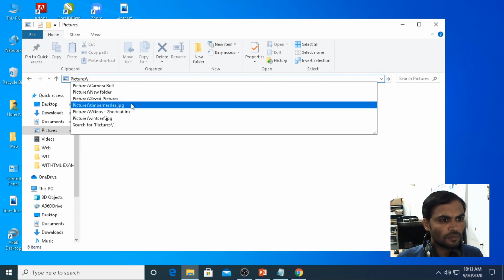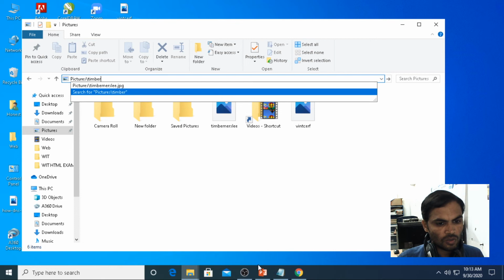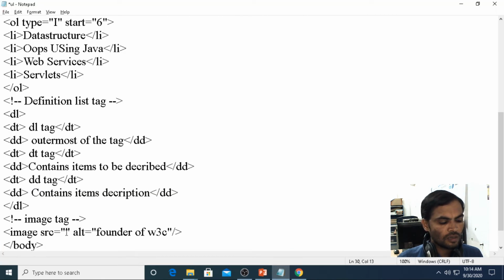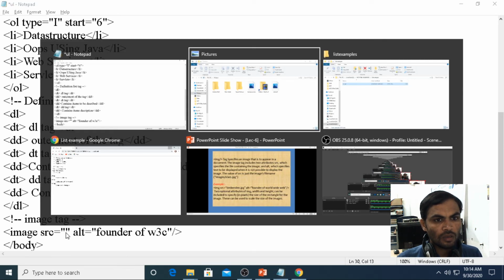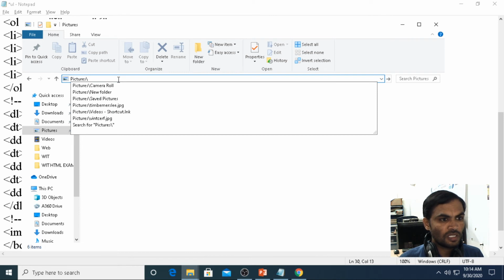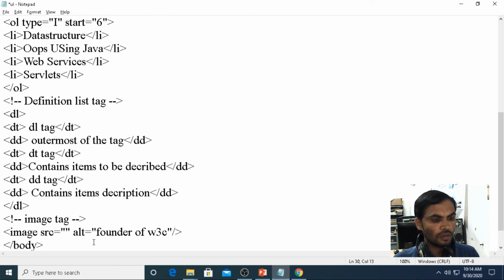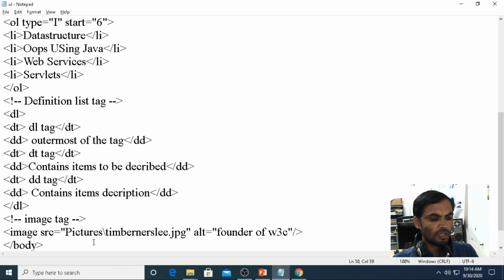Control C, then we are saving the location path, Pictures, Tim Berners-Lee .jpg. Control C, Control V, then Control S.